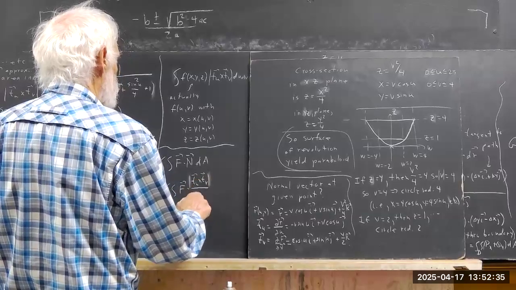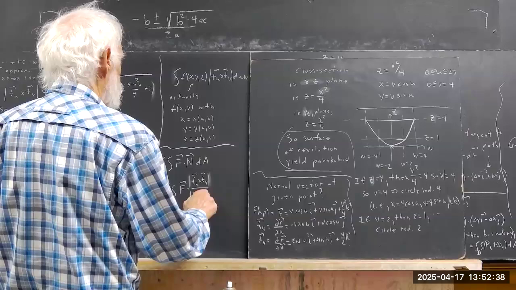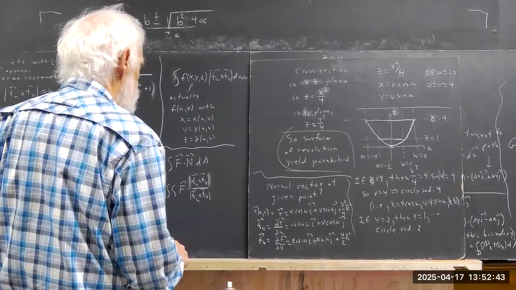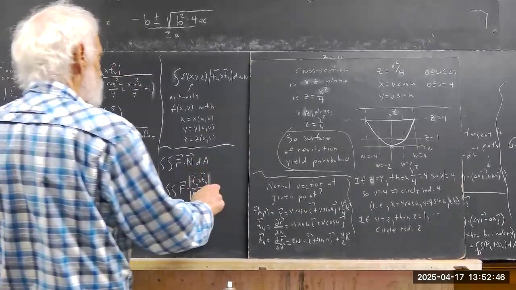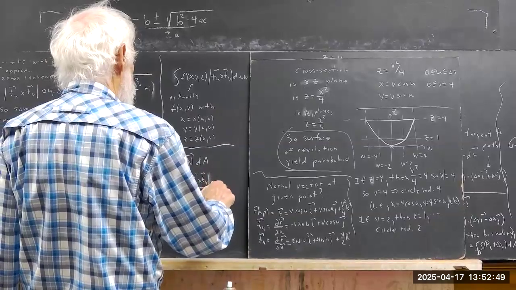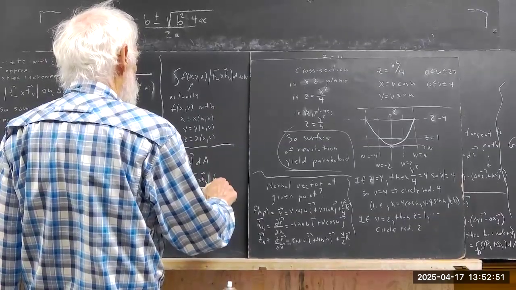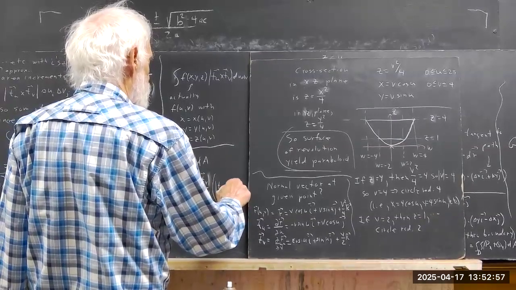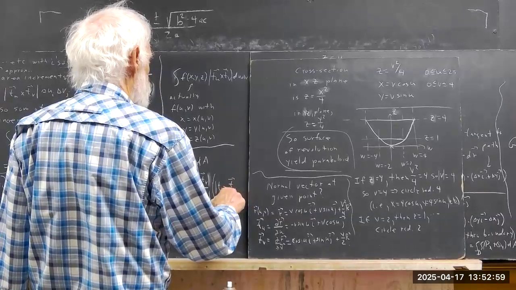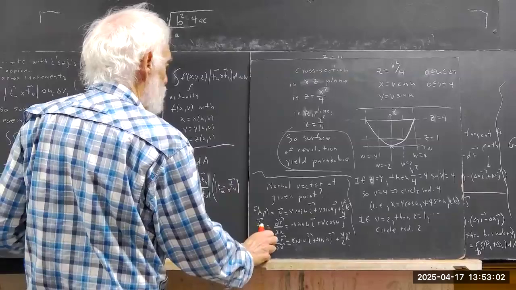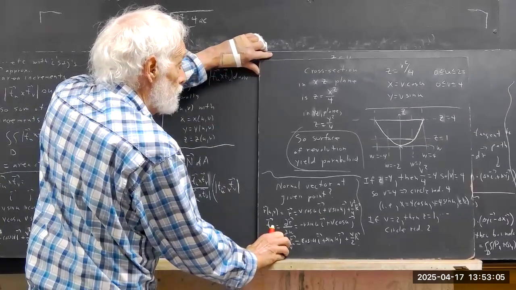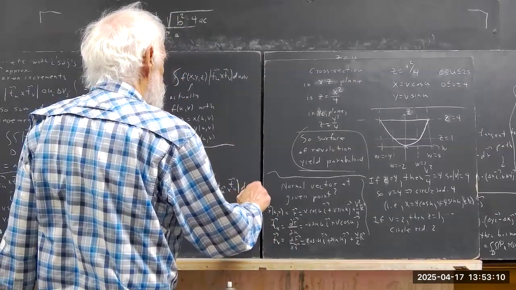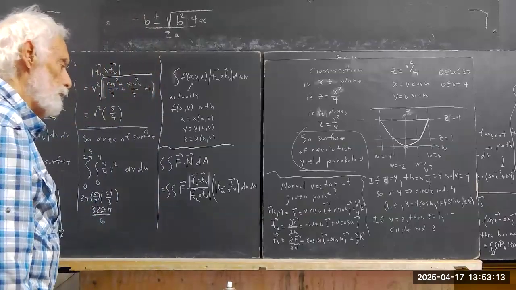The unit normal would be Tu cross Tv over the magnitude of Tu cross Tv. Your area increment is still magnitude of Tu cross Tv du dv,